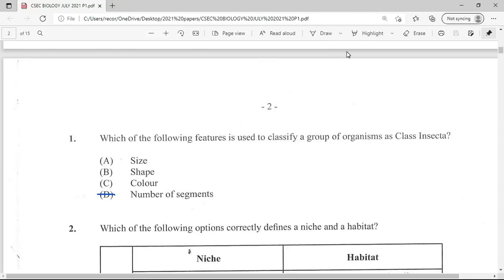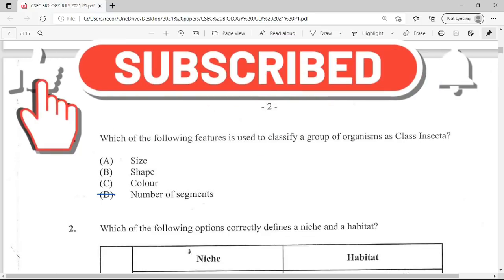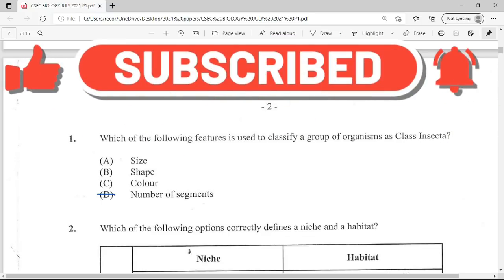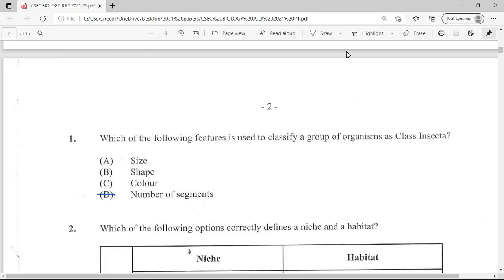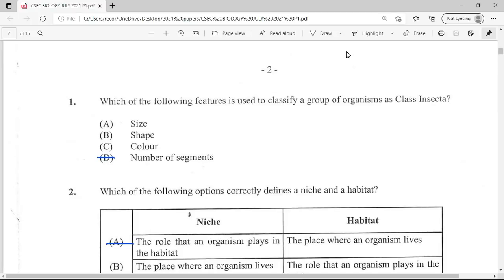Question number 2, which of the following options correctly defines a niche and a habitat? I always say that I just don't like the word niche. However, this is a question that is clearly testing recall of definitions. Now, a niche is pretty much the role of an organism in the ecosystem. Habitat, I love to say, is a place where organisms are found or where organisms live. So in this case, the role the organism plays in a habitat, that would clearly be my answer. Now, the habitat is the place where the organism lives, but we can look at the